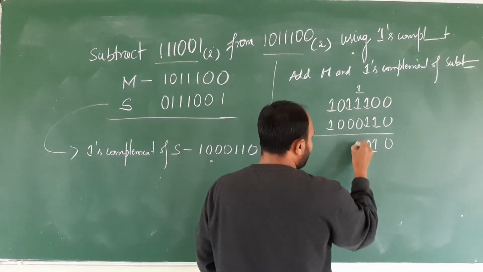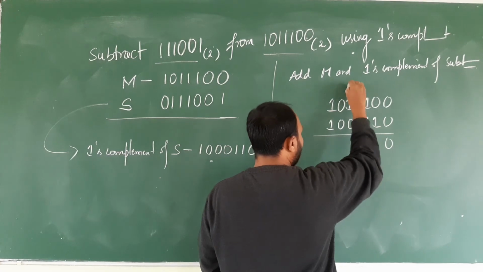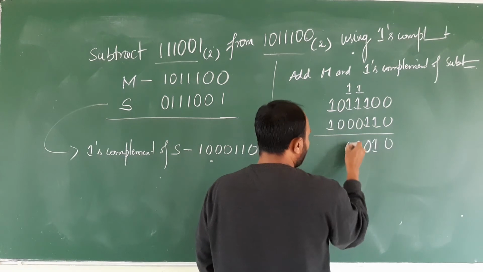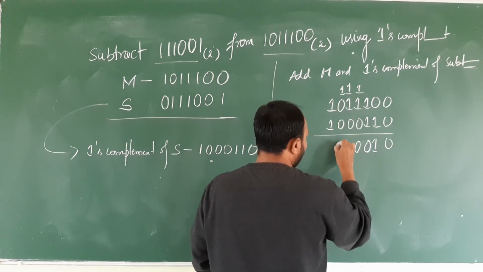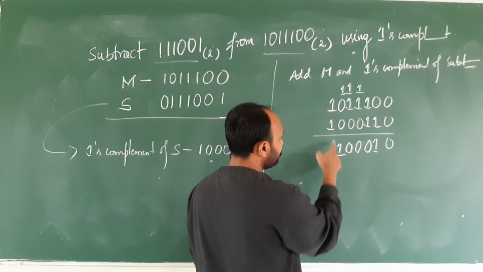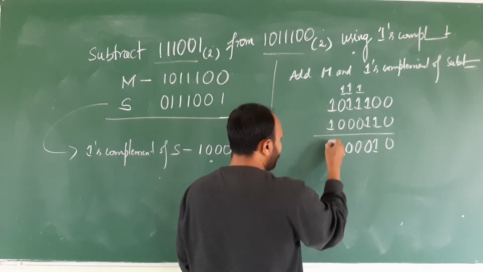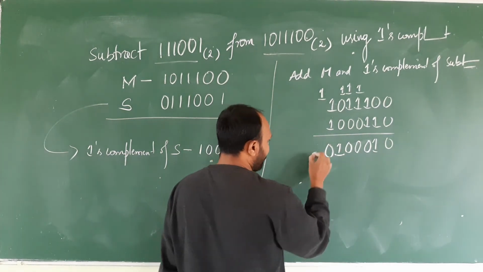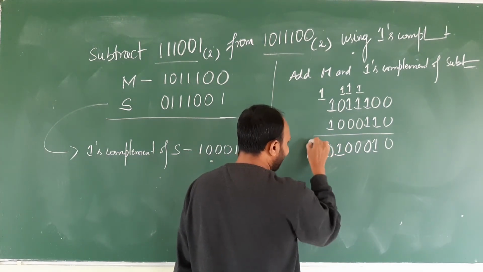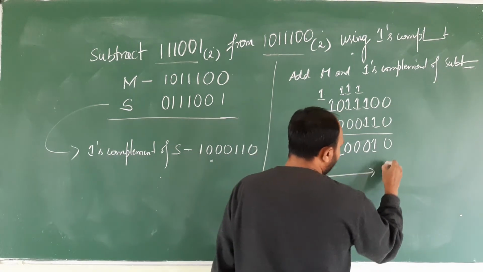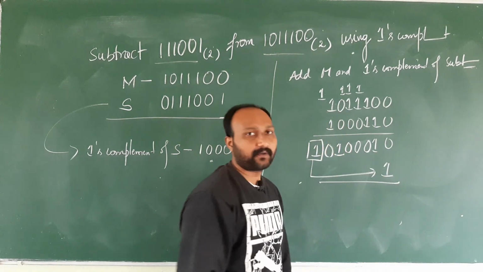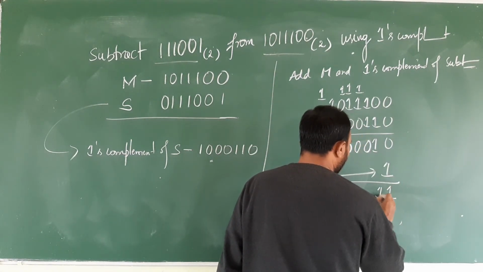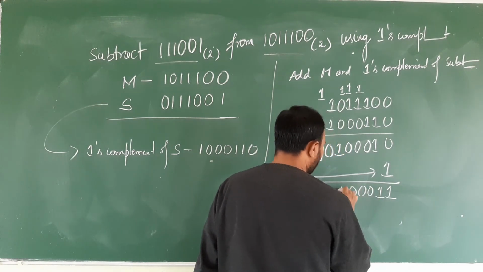So 1 plus 1 is 0, again you will be carrying here, 1 plus 1 is 0 and you carry 1 again here, 1 plus 1 is again 0, again 1 carried here, so here 1 plus 0 is 1. Next, 1 plus 1 is again 0 and 1 is carried to the next higher level, but there is no next column existing here. So that's why 1, but this is an extra bit. This extra bit needs to be carried forward to the next level and you need to perform binary addition once again.